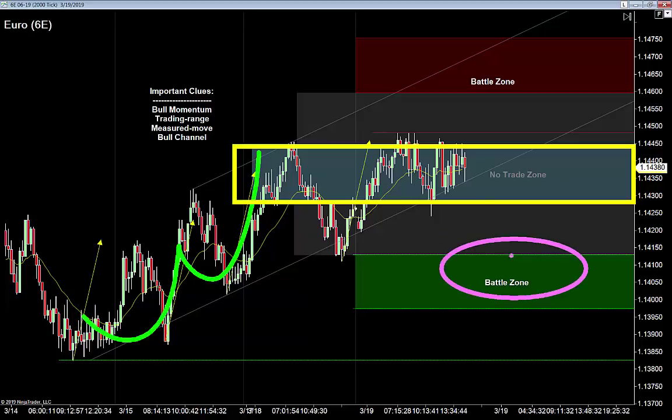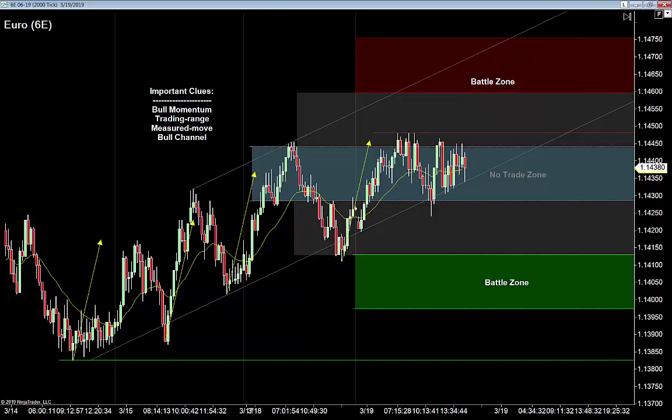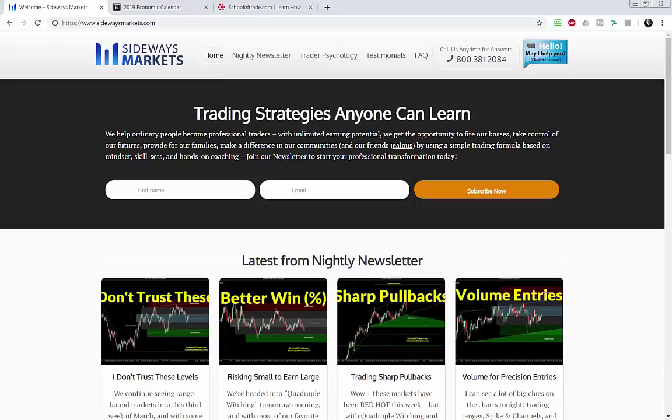I've got a handful of patterns I'm looking for to buy down below the low of that range. And of course, if we do go higher here, I'm looking for a very specific breakout above those highs. We're going to put both those together here, both buy and sell signals I'm looking for on that euro tomorrow. So we got you covered here. Got the euro, the gold, the Nasdaq, the S&P, and the oil. Before we jump in and put the whole plan together here for tomorrow's FOMC day,